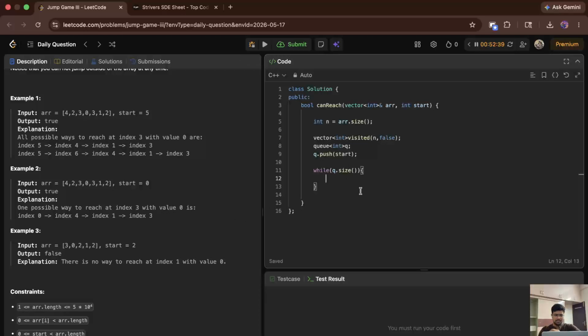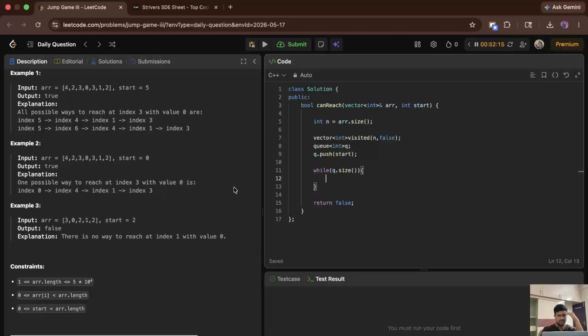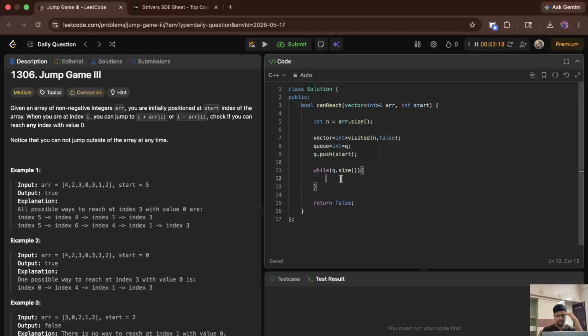if q is empty then it's impossible. So here I can return false, because when q is empty and we didn't reach 0, then it's basically not possible based on this constraint, because if ARR is 0 then we already reached it. But yeah, for the sake of this edge case. Okay,